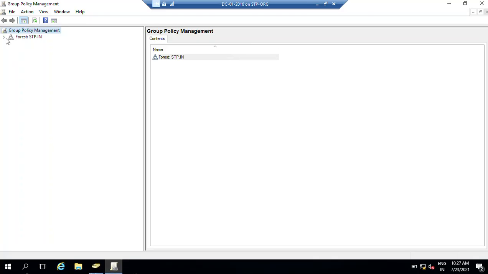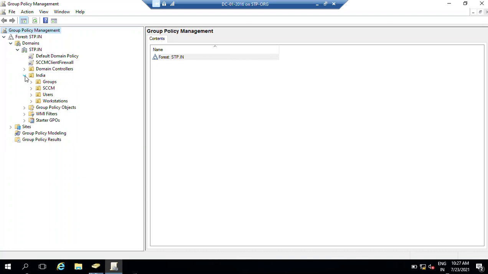So coming to that point, open Group Policy Management. Expand your forest, your domain, and the OU. If you want, you can apply this policy on the entire directory, but best practice is to create a group policy on a particular OU.